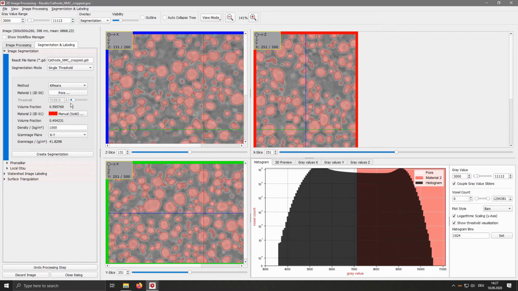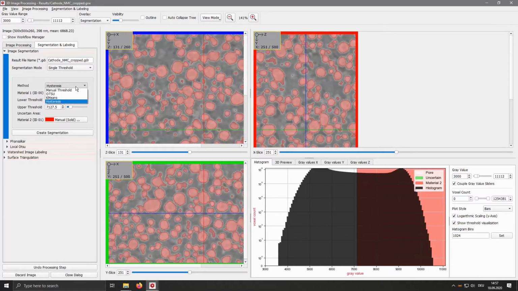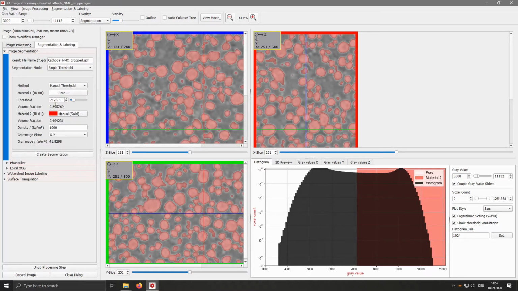The results are often very similar to the Otsu threshold, and you can also use hysteresis thresholds. Let's see how the threshold influences the segmentation of the image. If we switch here to the manual threshold method, by default the value calculated by the Otsu threshold is set. You can see it is placed exactly in the middle between the 2 peaks, at the bottom of the valley between the 2 peaks.